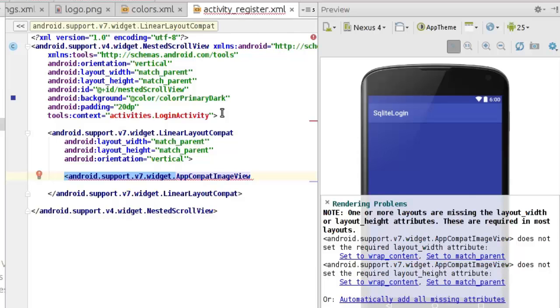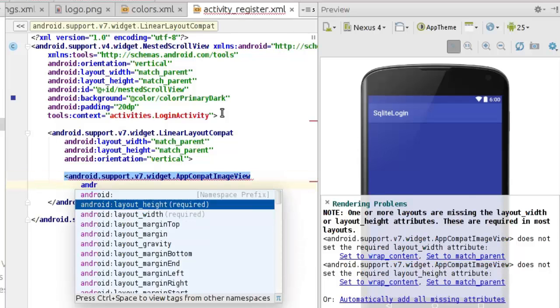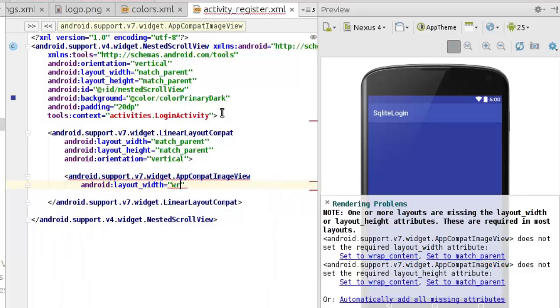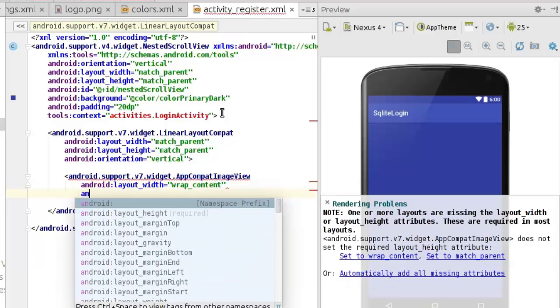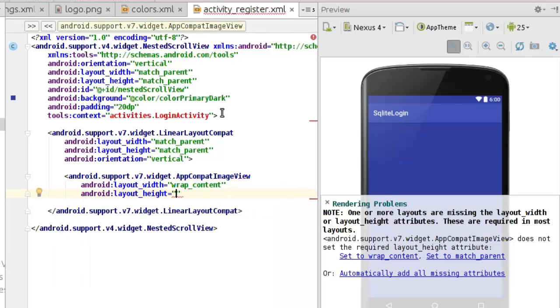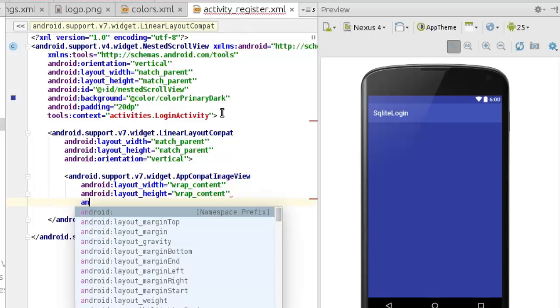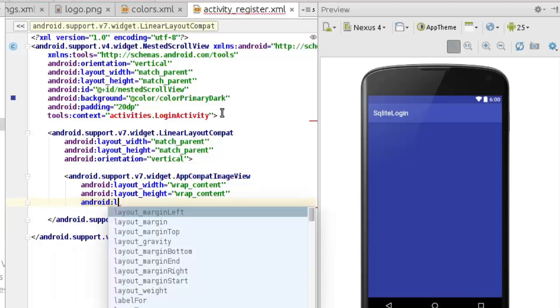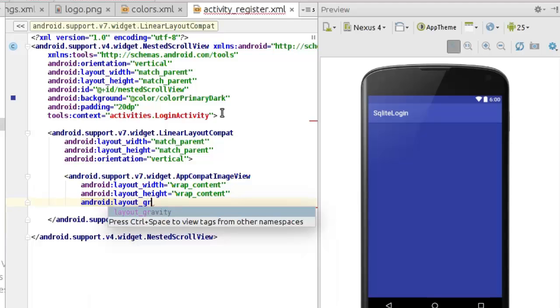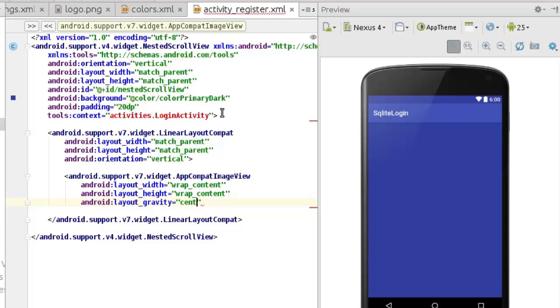Need the image view, Android layout width, wrap content, Android layout height, wrap content, and we have Android layout gravity, center horizontal,